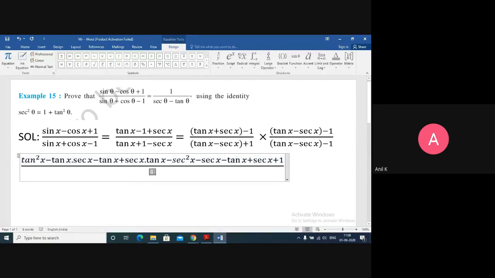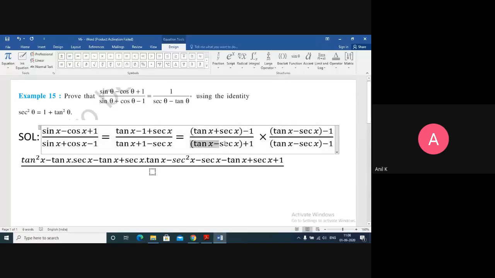So when you are multiplying the terms and opening up the brackets, be careful because you also have to multiply the signs. Students do the multiplication, but they forget the signs. For example, if I am multiplying plus sec x with minus sec x, they'll write sec square x, but they'll write only plus. They don't multiply plus into minus is minus. So don't make that mistake.